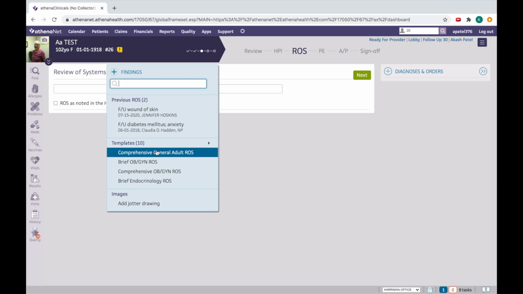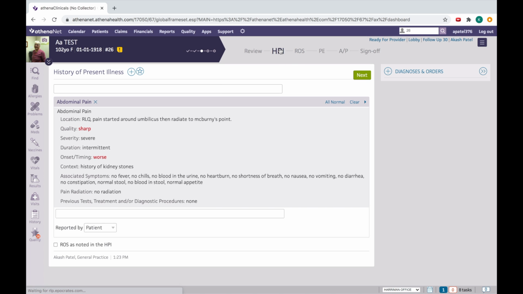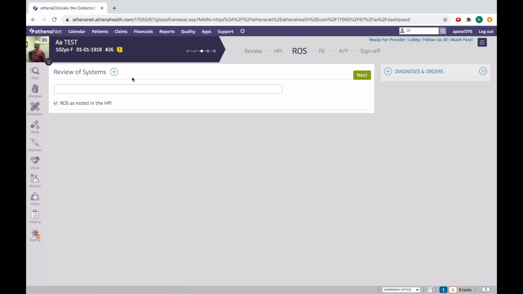Same template thing for review of system. And if you have asked the review of system questions and you have mentioned everything in HPI, then you can always click here, review of system as noted in the HPI.